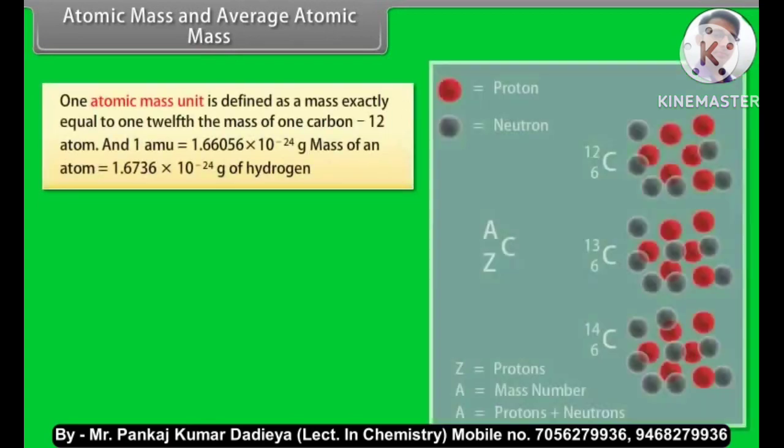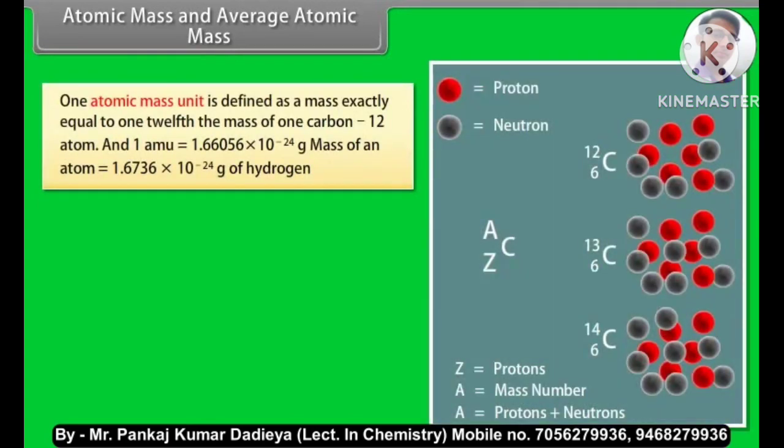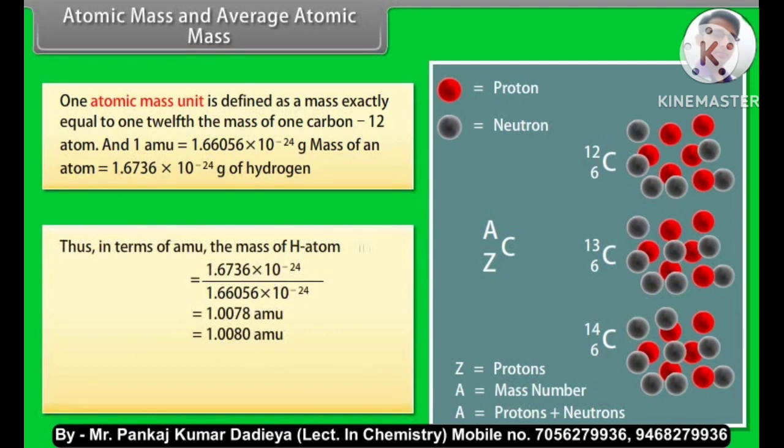Atomic mass and average atomic mass. One atomic mass unit is defined as a mass exactly equal to 1/12 the mass of one carbon-12 atom. And 1 AMU is equal to 1.66056 × 10^-24 gram. Mass of a hydrogen atom is equal to 1.6736 × 10^-24 gram. Thus, in terms of AMU, the mass of H atom is equal to